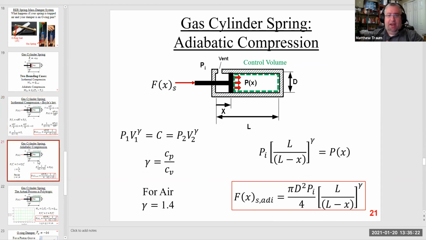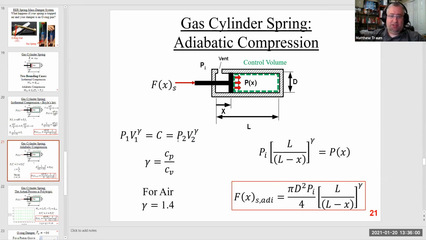Nope. Okay. Then let's move on to the adiabatic compression. So for the adiabatic compression, I'm going to use all the same math. The only thing that changes is the equation of state. So for an adiabatic compression, you might remember from thermo that P V to the gamma is equal to a constant. And so P1 V1 to the gamma equals P2 V2 to the gamma. What's gamma? It's just a ratio of specific heats, so CP over CV. And for air, that value is about 1.4. And I'm not going to explain or derive where any of this came from because you guys have taken thermo and it'll be in your thermo textbook.